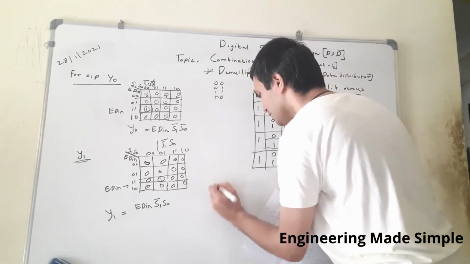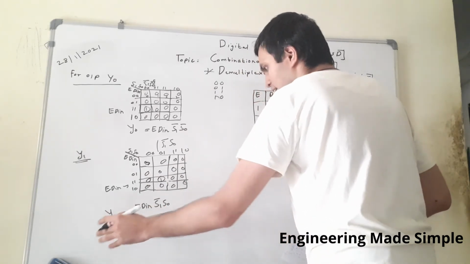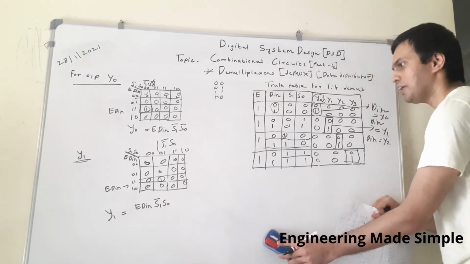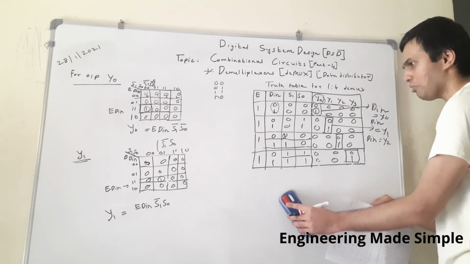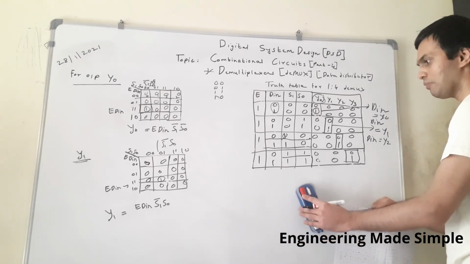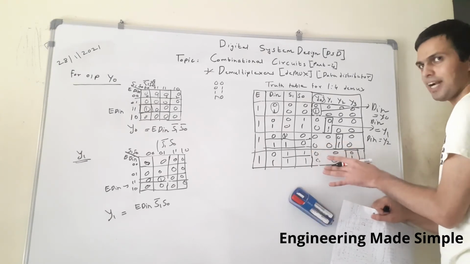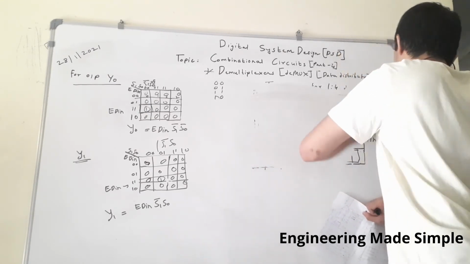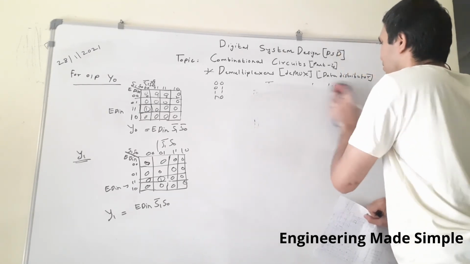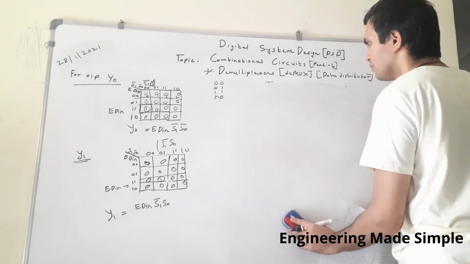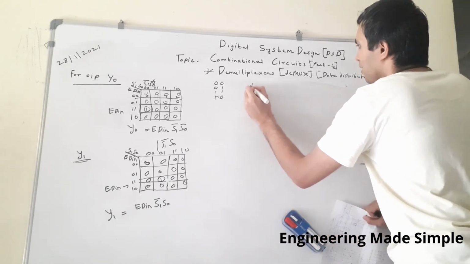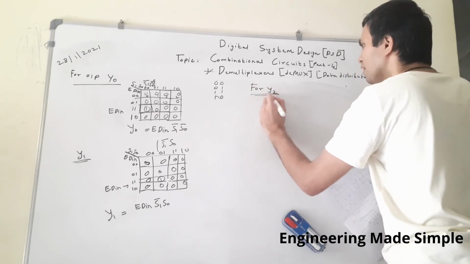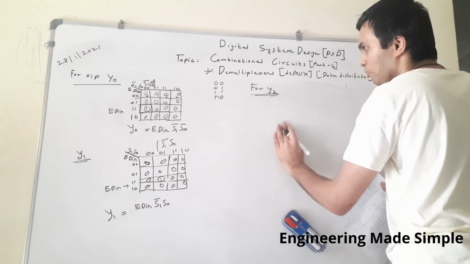Now for the third output, I think you should copy down this truth table if you have not copied it down, because I need to erase it to solve 2 more K-maps. So I am erasing the truth table. For those who have not written it, please write it down because I am erasing it right now. I have the truth table in front of me written on paper, and you can refer to it from your notebook where you have copied it down.